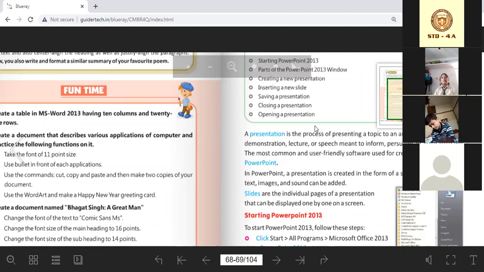Why digitally? Because we make the presentation and present it through a digital form, that is, through computers.